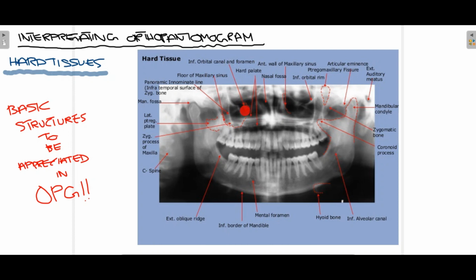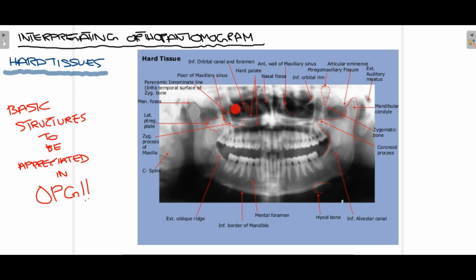You can see this structure that is present. Next, we have the floor of the maxillary sinus. You can see this slight wall that is formed bilaterally. It is also present over here. So this is the floor of the maxillary sinus and it is present close to the apices of the maxillary molars and maxillary premolars. Next, you can see the slight line that is present over here.